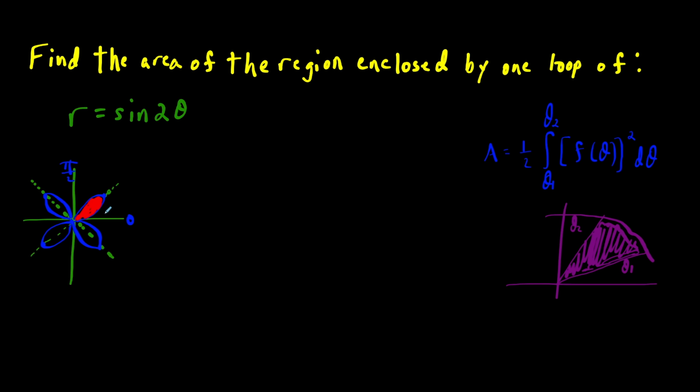Now, let's say sketching this thing is a little bit tricky. One way of finding the angles that you're interested in is by setting the function equal to 0. Because this region starts at the origin, the radius extends outward, and then the radius comes back to the origin. So we have to find out at what two times is the radius equal to 0. So if we set sine 2 theta equal to 0,